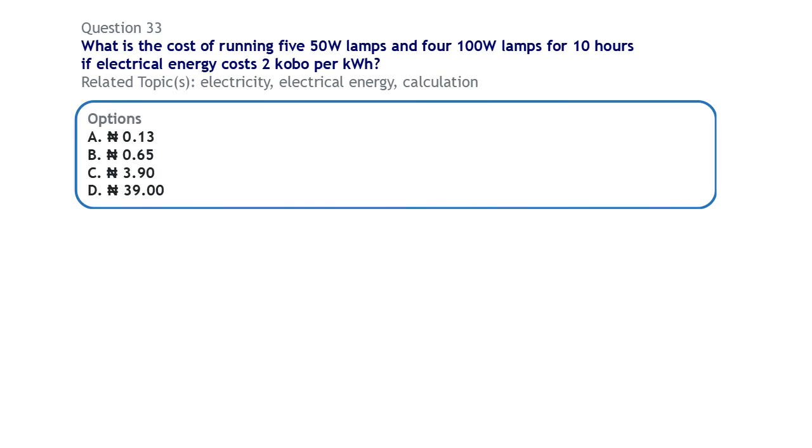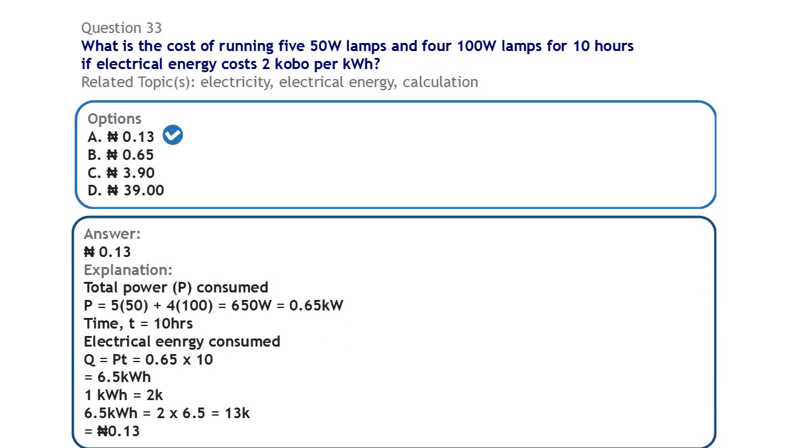Next, on electricity, what is the cost of running 5 50-watt lamps and 4 100-watt lamps for 10 hours if electrical energy costs 2 kobo per kilowatt hour? Okay, the first thing we need to do here is to calculate the total power that is consumed. Now we are running 5 50-watt lamps. So if you look at what will be the total power that will be consumed by 5 50-watt lamps,